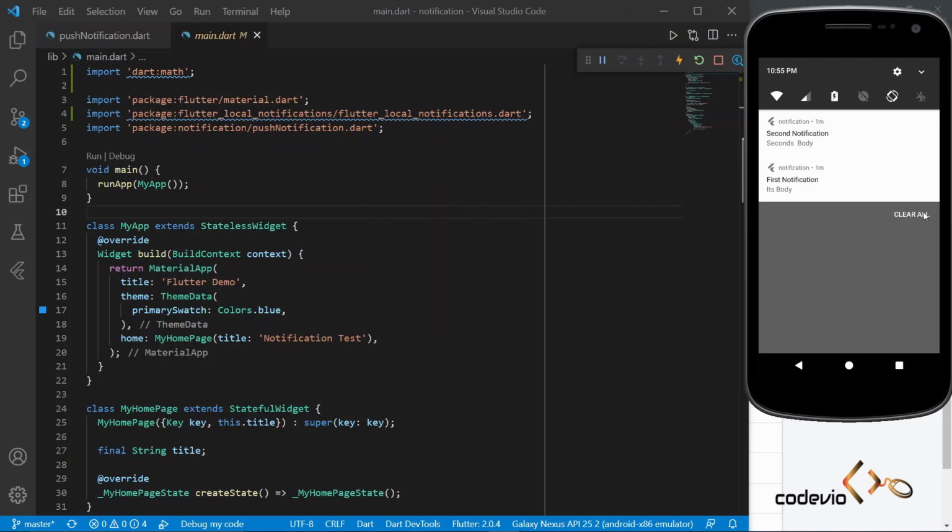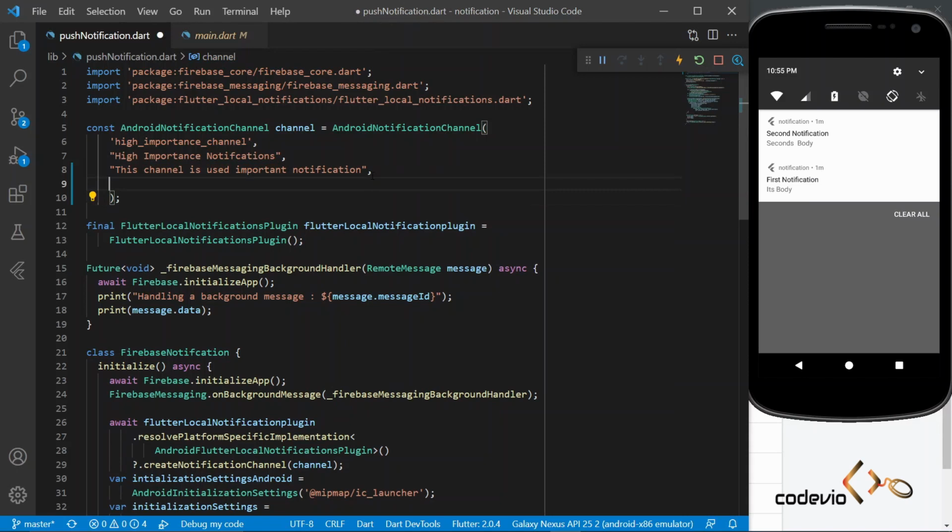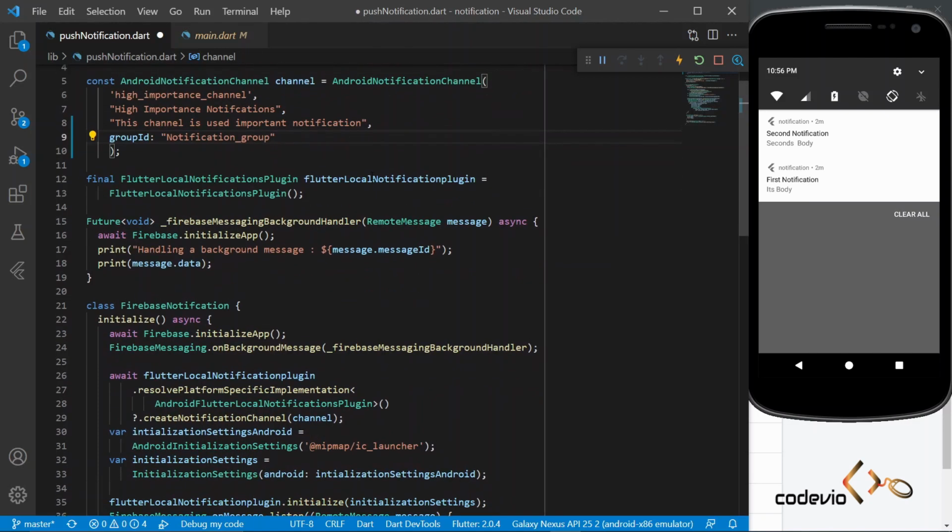We are in the project where we created a push_notification.dart file. Inside that we did all our implementation related to our notification details. Here we have created a channel, and we must add a group id for our channel. So let us create a notification group id. This is the other step required for grouping our notifications. Okay, we have created a group id for our channel.